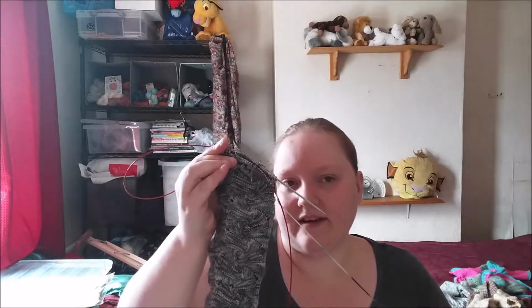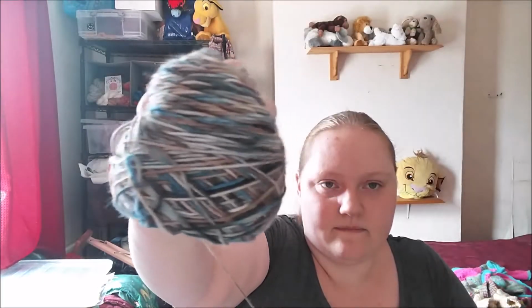But yeah, enjoying those. I've got one full repeat done on the leg. I'm in the middle of the second repeat, so I've got 1.5 repeats to go on the leg before I do the fins. So hopefully those will be finished before I podcast next time, which should be in 2 weeks' time, providing I'm good. Maybe next week, who knows, we'll see. So yeah, 2.25mm needles, and it's on a long circular, which is my preferred way of knitting. And then that's the